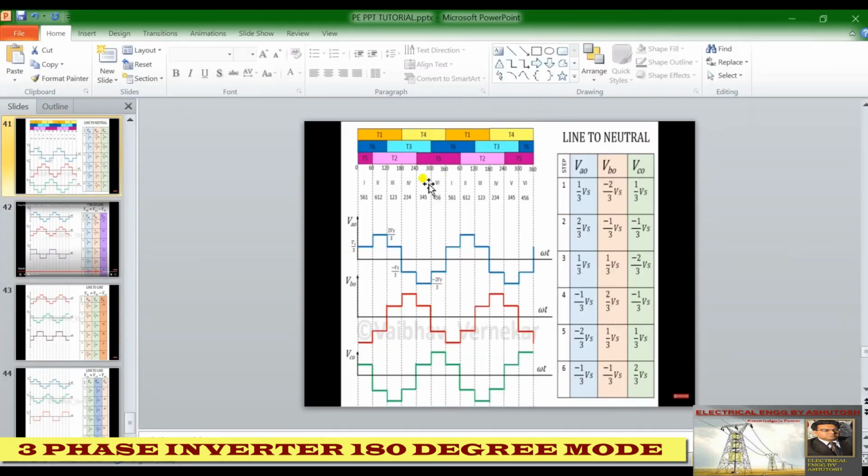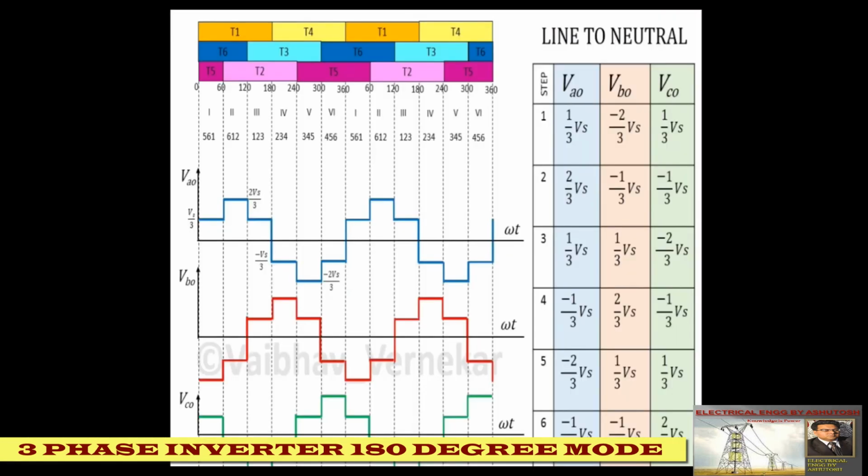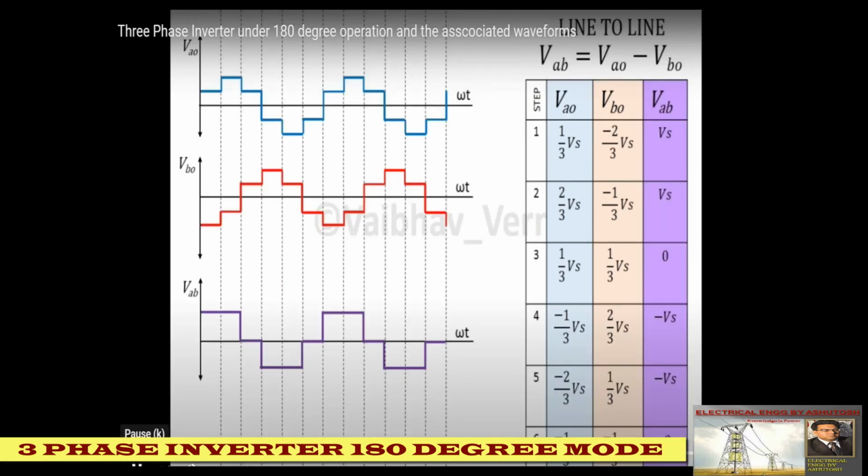So these will be our waveforms. This is phase voltage VAO, phase voltage VBO, and VCO is also a phase voltage, and we have formed a table here where you can see the 3 phase voltages. Then you can see the line voltage, when you